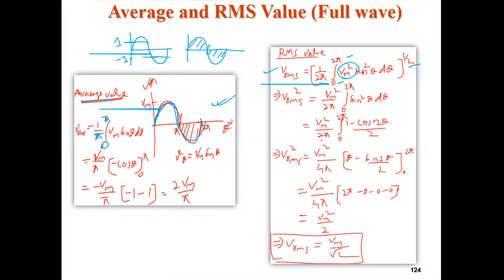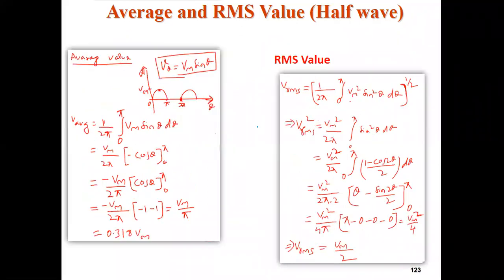Here we have a square term. So if I am taking the square term, this negative sign will be cancelled out, because the square of -1 becomes 1. So that sign part will not be there in this expression. Since we are taking the square, if I take the complete period 0 to 2 pi, there is no problem. That's why this period is taken from 0 to 2 pi and it is divided by 2 pi.